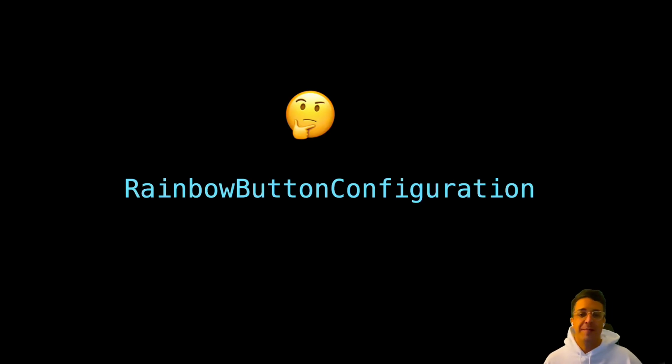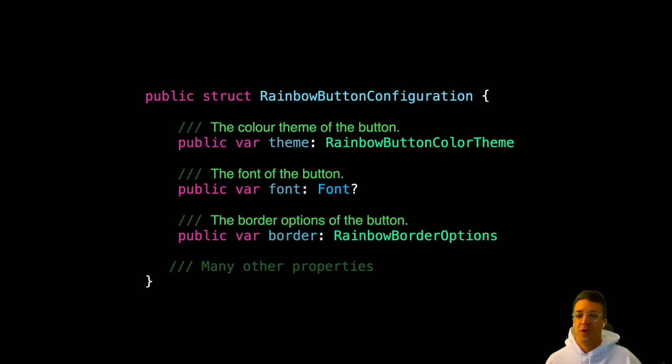So what is rainbow button configuration? Rainbow button configuration is just a structure, and that structure contains lots of properties that maintain the state about the appearance and customization options of your buttons. Now, to give you an example, this structure only has 3 of the many properties that Rainbow Button can be